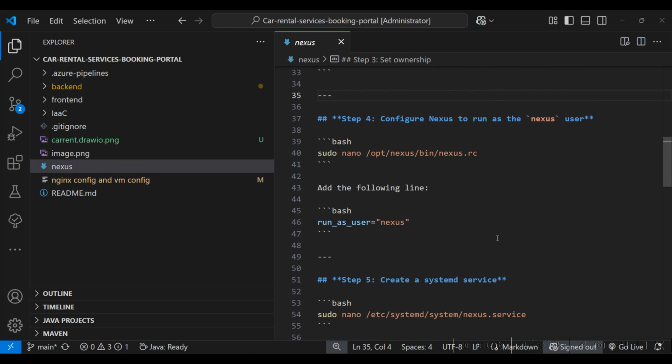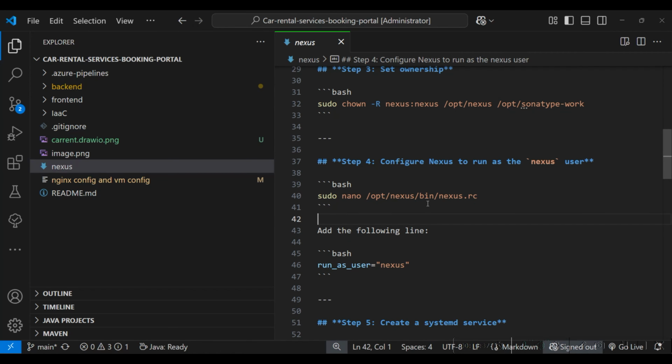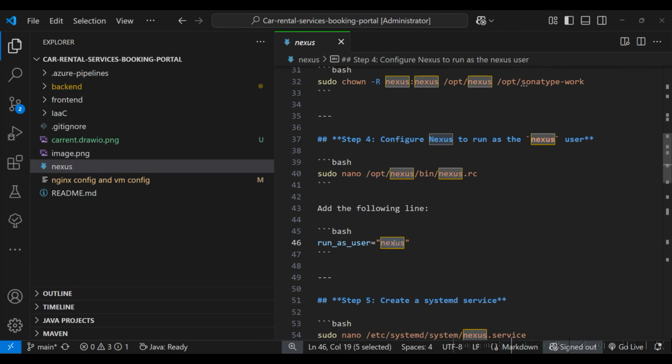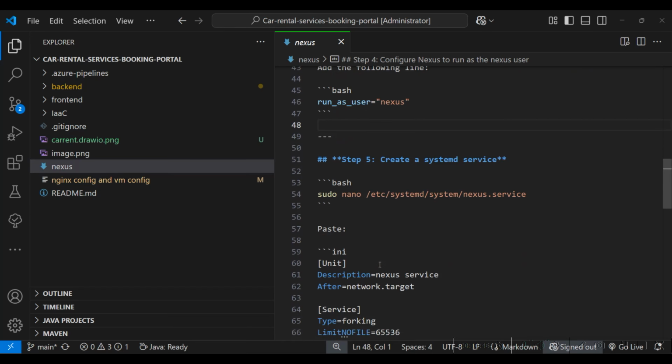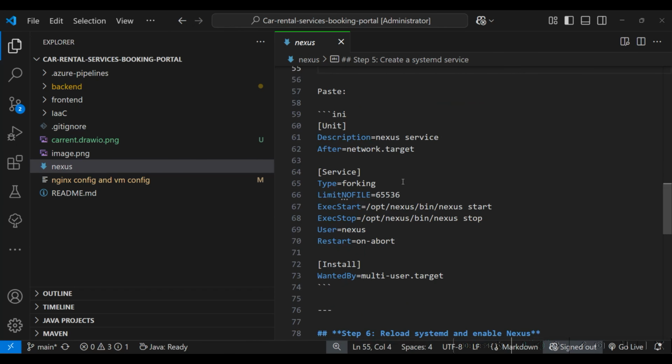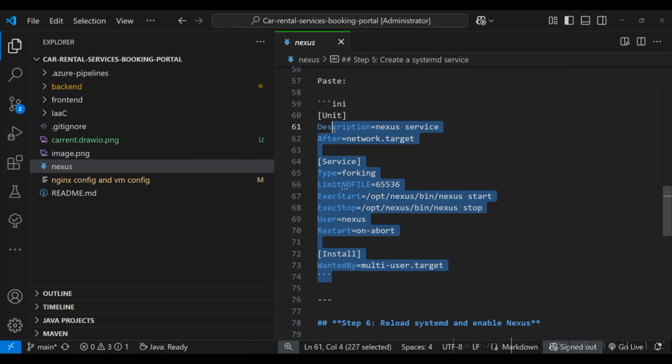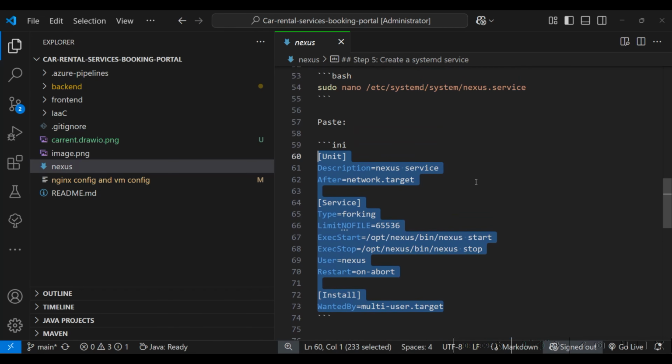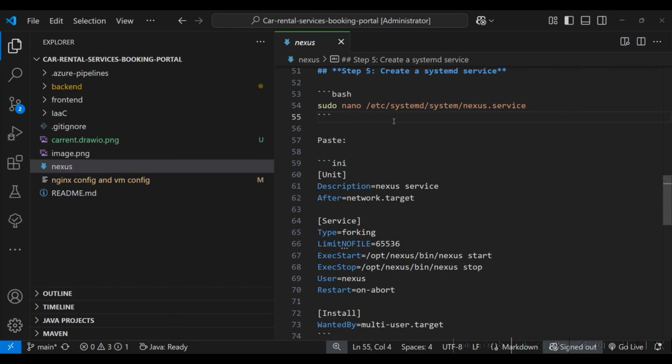After that, open this specific file where your Nexus artifact directory is located, and add Nexus as the user, so it will run as the Nexus user only. After that, you need to start it as a service. Create this Nexus.service file and paste all of this. Here you are defining the working directory and how to start the application: Nexus start, Nexus stop, and the user is Nexus. This indicates that Nexus will be started as an application